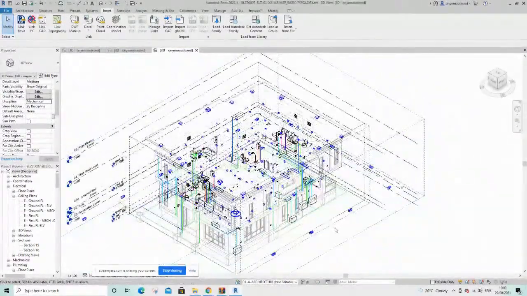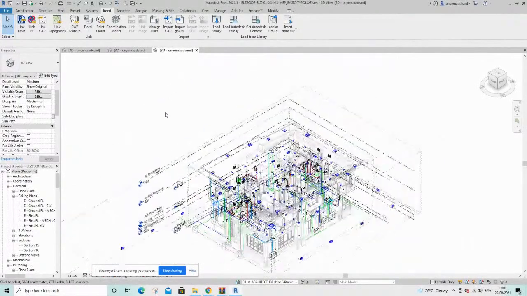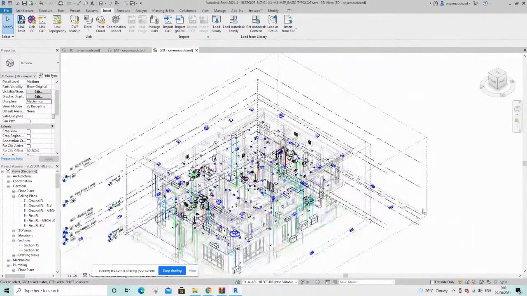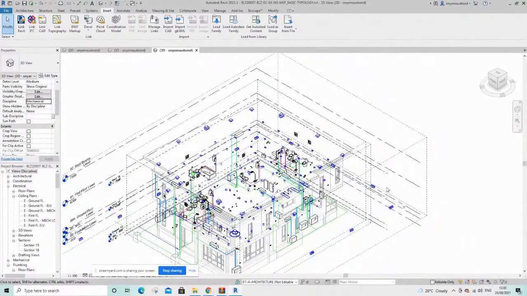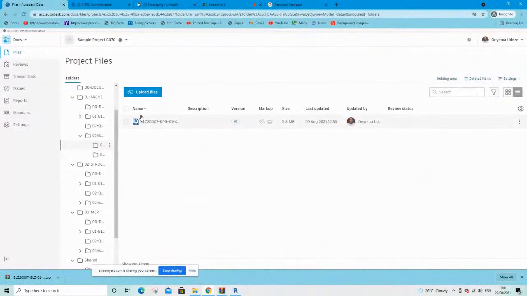So you see what is happening here. You have three different disciplines communicating, right? This is the MEP discipline, and they can easily see what is happening in the structural engineering team and the architectural team. This is how collaboration takes place using BIM Collaborate Pro. All these teams can now be working from different parts of the world. They can now begin to communicate and work together in a very